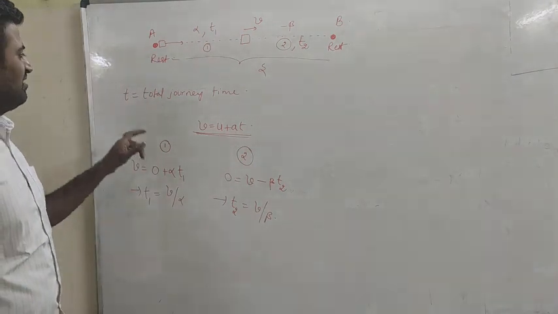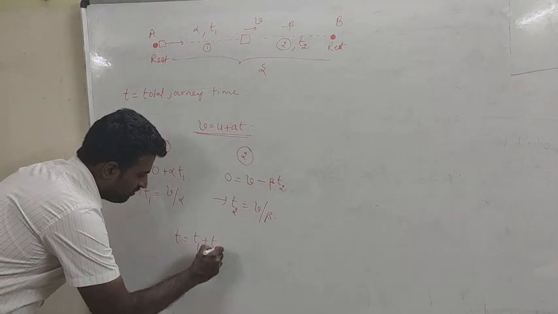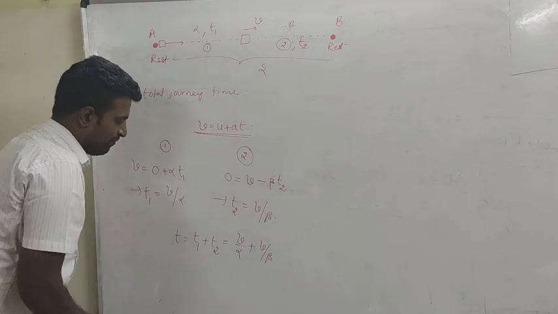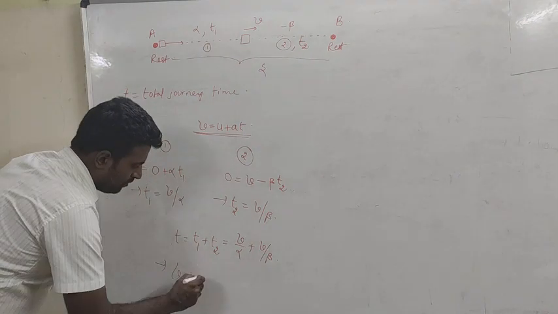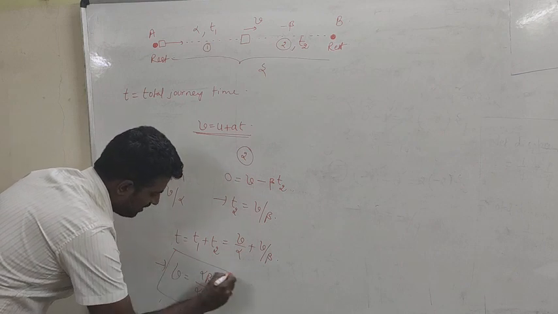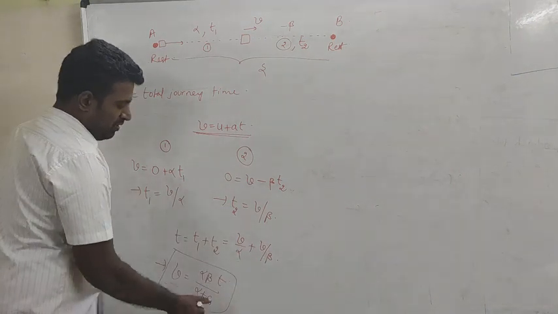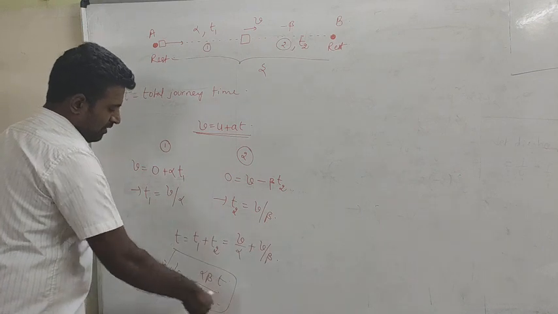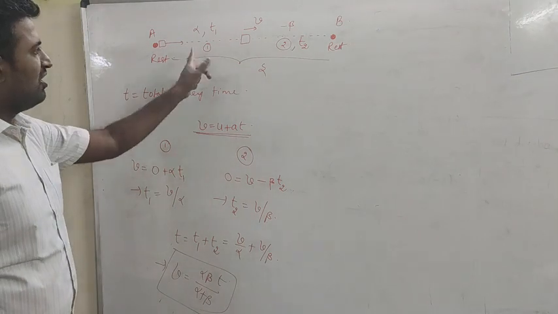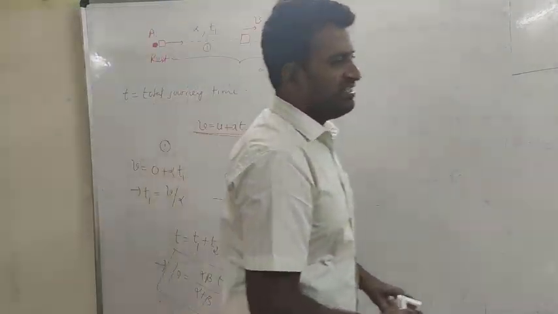But in the given information, total timing will be T. So T will be equal to t1 plus t2, which is equal to V by alpha plus V by beta. This implies V will be equal to alpha beta T by alpha plus beta. I made a mathematical simplification here. V I have taken as common, alpha beta will be the LCM, due to which alpha beta into alpha plus beta, and I transferred terms from one side to the other. So the maximum possible velocity in the journey for the train will be alpha beta by alpha plus beta into T. There is one relationship that is required.